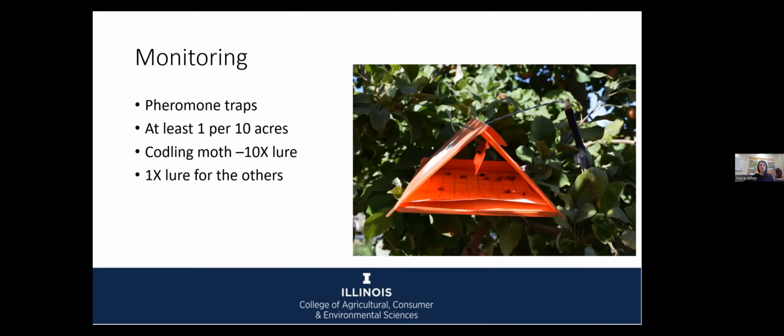Now, I want to mention that we have a Midwestern tree fruit management guide that you can always use. It's published through Purdue. I have a link to it at the very end of this talk, and that will give you a larger look at the pests that you'll be contending with in apples and the control measures that you can take, as well as some of the timings.